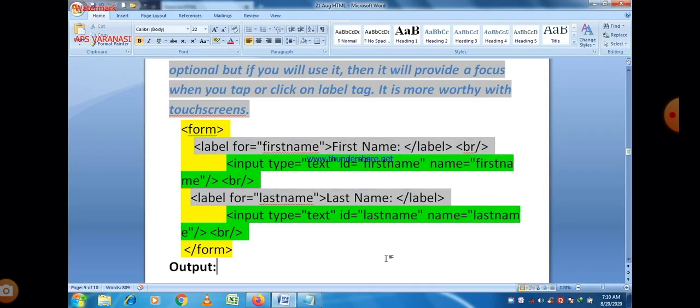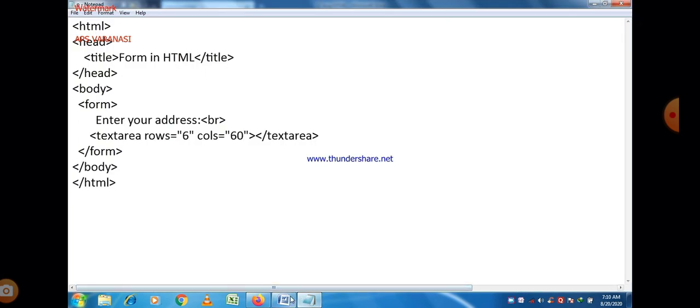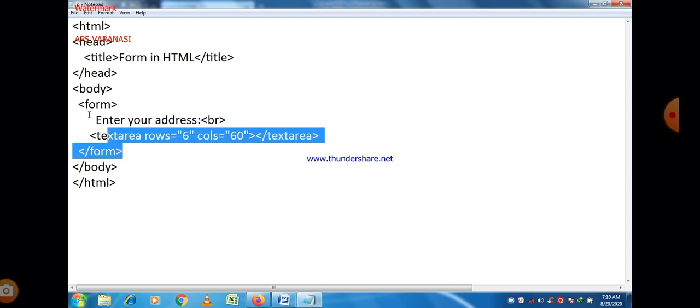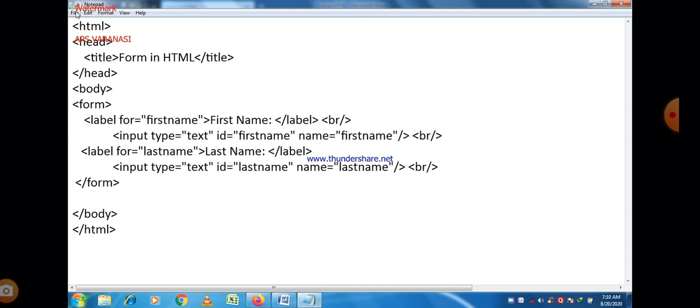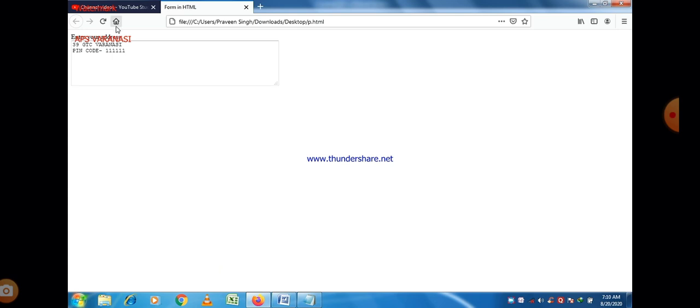Just copy the program from here and paste it here. You can write your program in Notepad. I just perform the copy and paste operation to save your time, and execute this program. Refresh the web page, and your program will be executed.